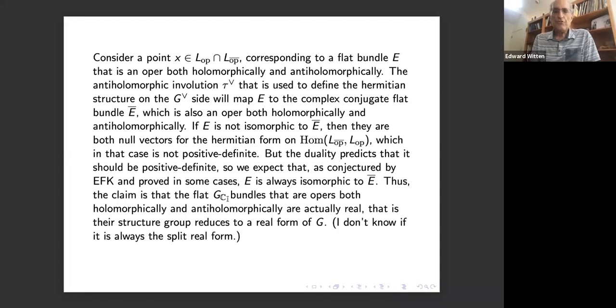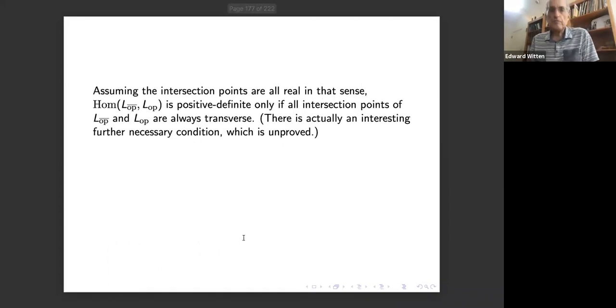Thus, the claim is that the flat GC bundles that are O-pairs both holomorphically and anti-holomorphically are actually real. That is, their structure group reduces to a real form of G. I don't know if it's always a split real form, although I'd be surprised if that's not the case. Assuming the intersection points are all real in that sense, the Hom space is positive definite only if all intersection